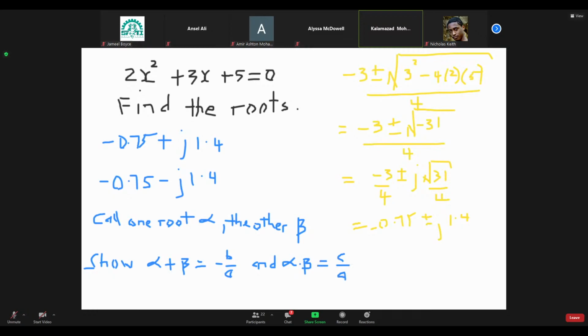Okay. So it says call one of the root alpha. So we'll call this one alpha. Call one of the root beta, and show that alpha plus beta is minus b on a. Okay. So therefore